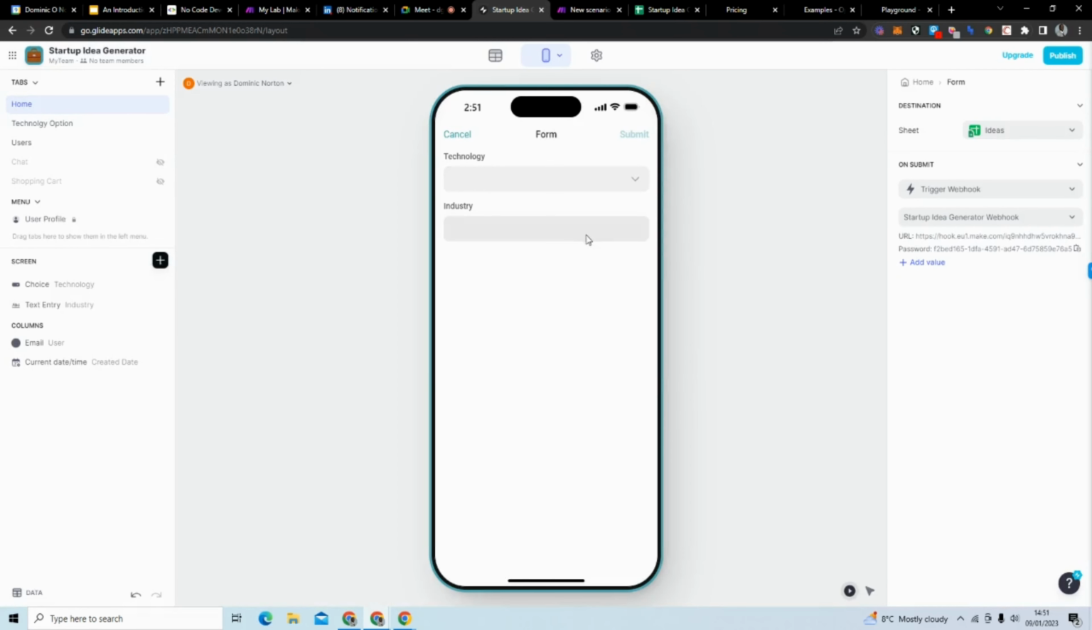We now have this webhook. So when the user clicks submit, it's going to send the data to the webhook. But what we want is to add the values that we want it to send. So we want it to send the technology, which is this drop-down menu. We want it to send the industry, which is this text input. We want it to send